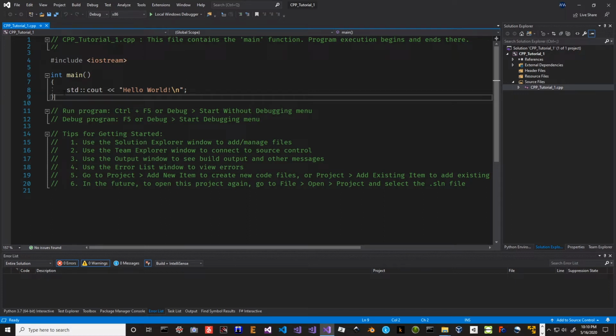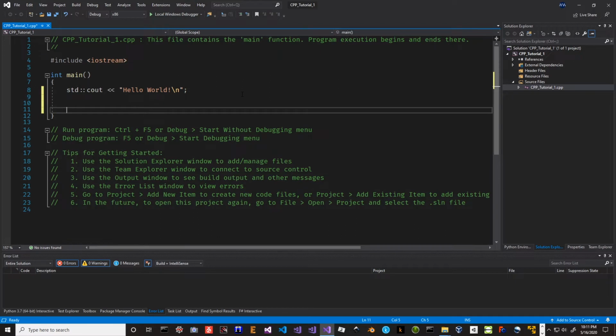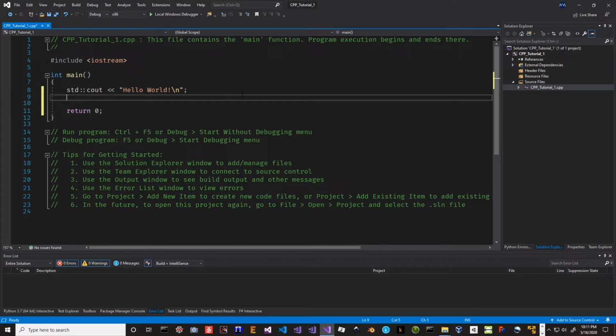Now, Microsoft did a couple of good things here, and they did one kind of bad, non-standard thing that I'm going to correct right now, which is that a main function in C or C++ really should always return a value. The C++ standard says a main function that doesn't return a value is an undefined state for the exit of that program. So we really should always return a value from the main function. Returning 0 means